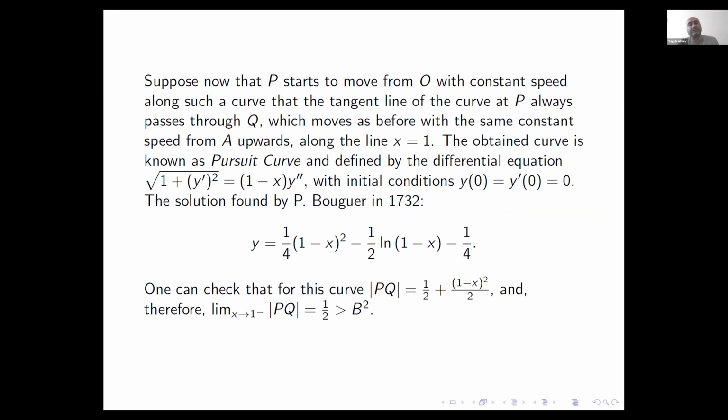Okay, here it is. It would be interesting to compare this curve, which I call the interception curve because of the applications that I mentioned earlier, with other curves. For example, one can compare it with the well-known pursuit curve introduced by Bouguer in 1732. In Bouguer's pursuit curve, it is